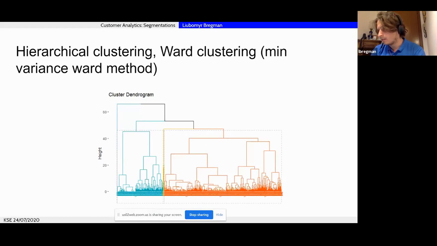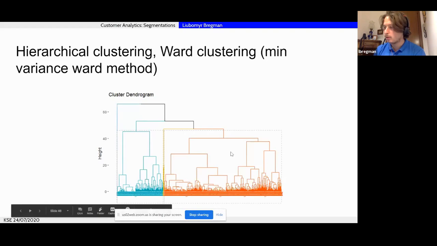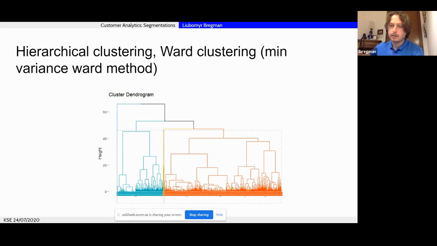Maybe the worst thing about this kind of algorithm is that in the process of generating this dendrogram, you should measure the distance of everyone to everyone. So basically for each specific point, you should measure the distance to every other point and find the closest, and then repeat it for every single point. Computationally, it's pretty hard when the number of users is huge. If you have a customer base of around 50,000 people, that's fine. If you have a customer base in the millions, that's impossible.